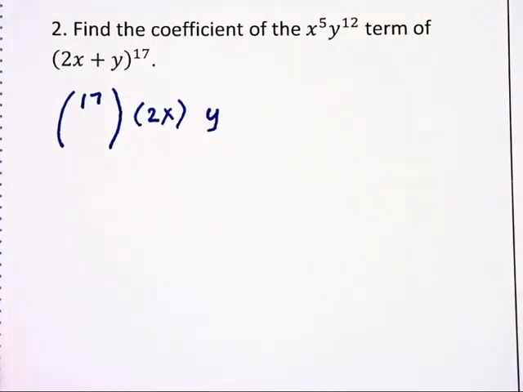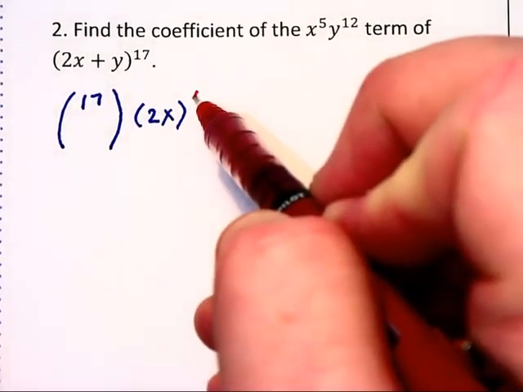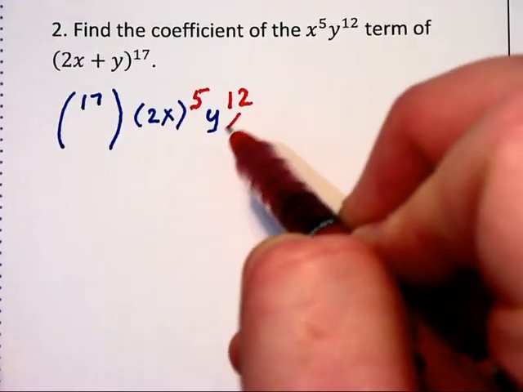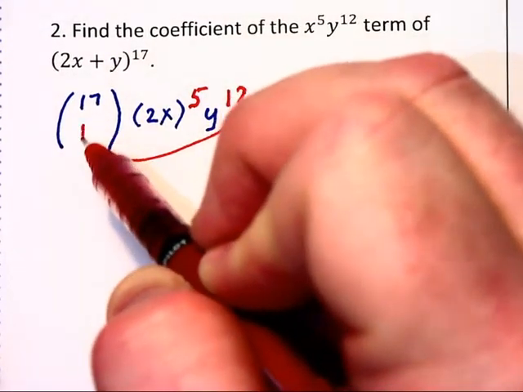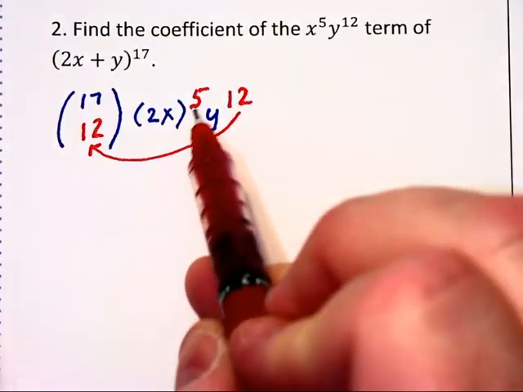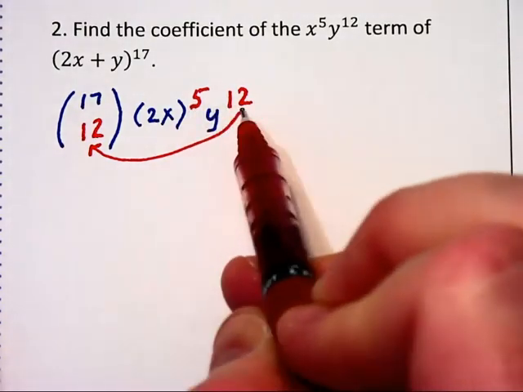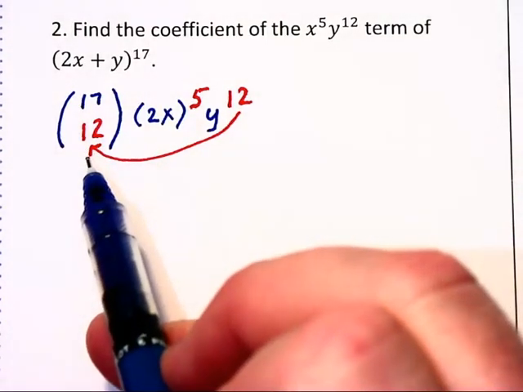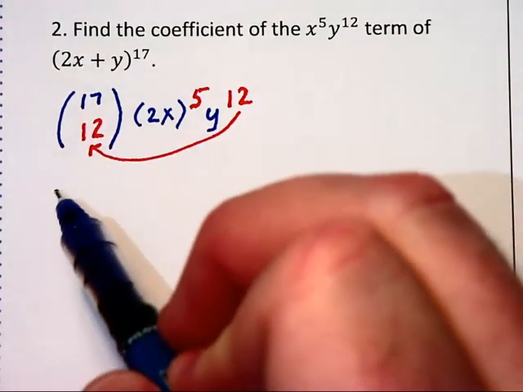We want the term to have x to the fifth and y to the 12th, and that 12 should match a 12 down here, and these two terms together have exponents adding up to 17, so everything is in check. When you do the expansion of this combination formula, you get